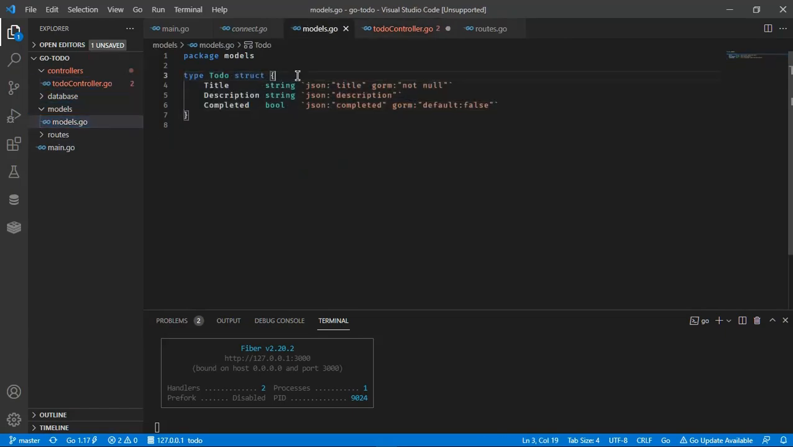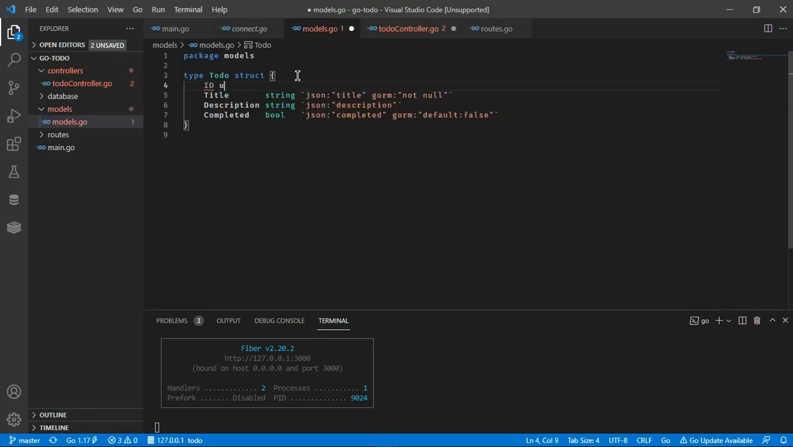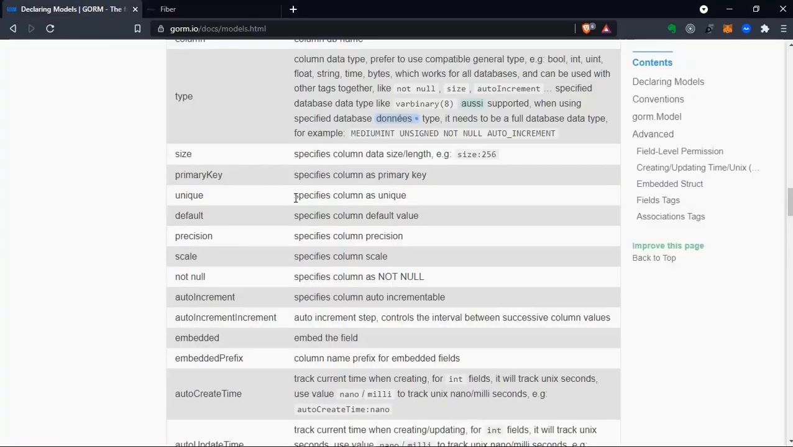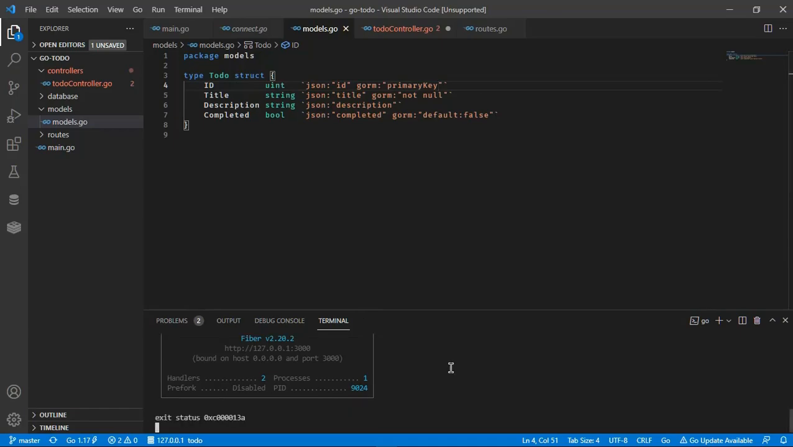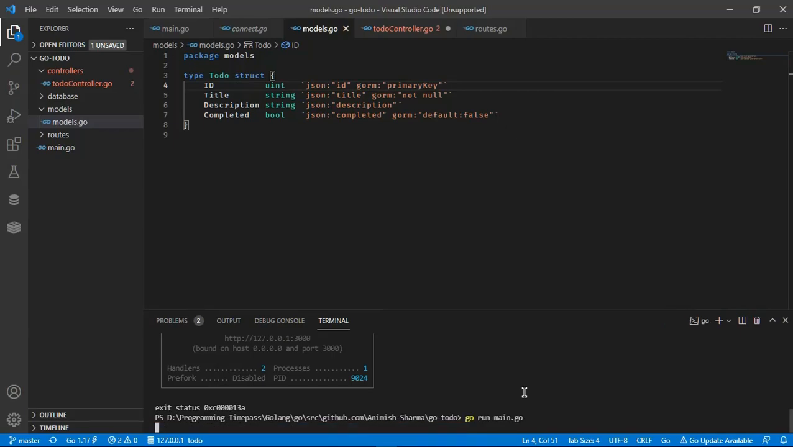Now if you know SQL, I forgot the name, if you know SQL, you already know what primary key is, and we have quite ignored it. Alright, so GORM primary key. Alright, so now we have a primary key, and this ID will be unique for everyone. So if I run this now,